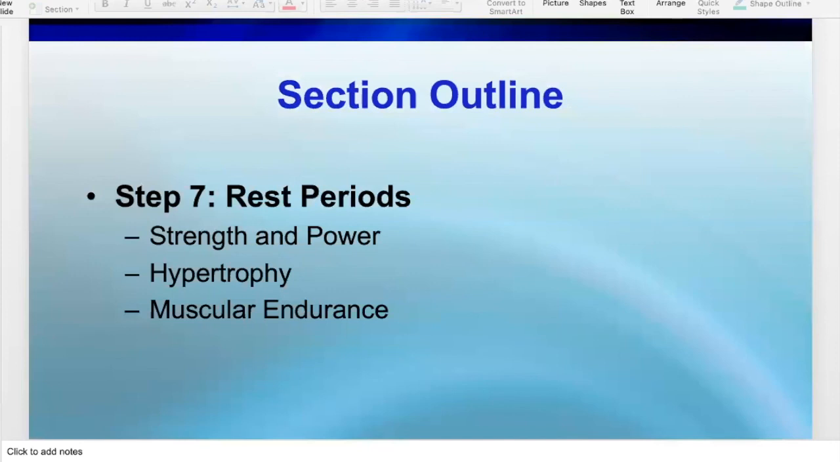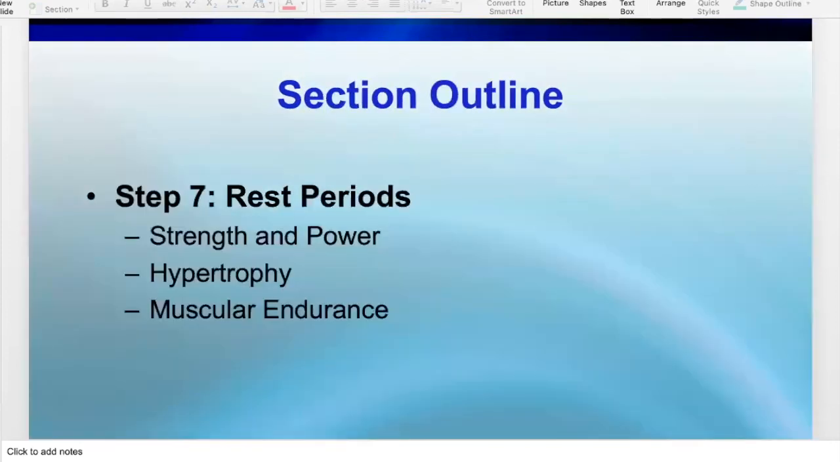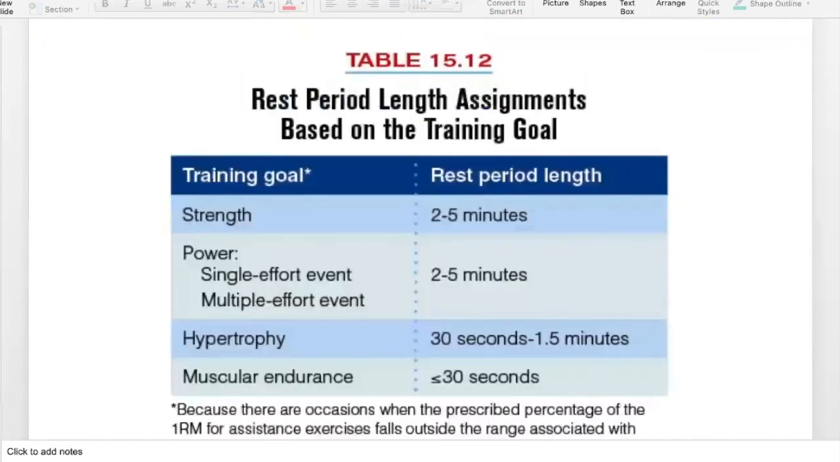The next thing that we would look at is how much rest you should have your athletes utilize. Well, if they're trying to improve their strength profile, then they would want to rest 2 to 5 minutes between their exercises. If they're trying to improve their power, it would still be about 2 to 5 minutes. But if they're trying to improve hypertrophy, you need